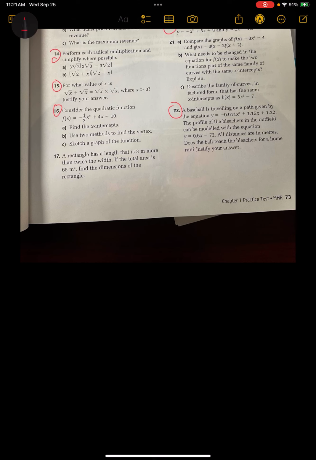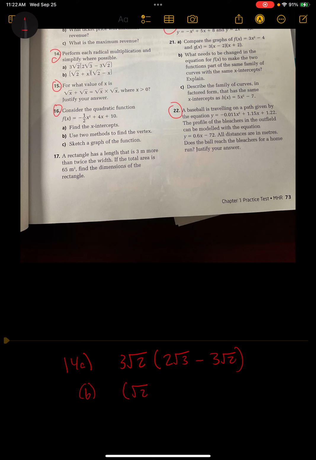I'm looking at question 14, 14a. It says 3 root 2 multiplied by 2 root 3 minus 3 root 2. And it wants me to perform radical multiplication and simplify where possible. I'm also just going to write down b